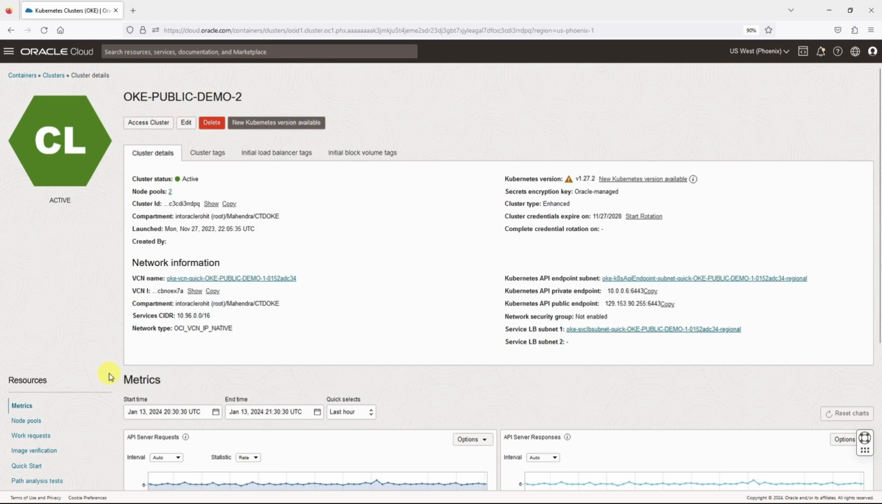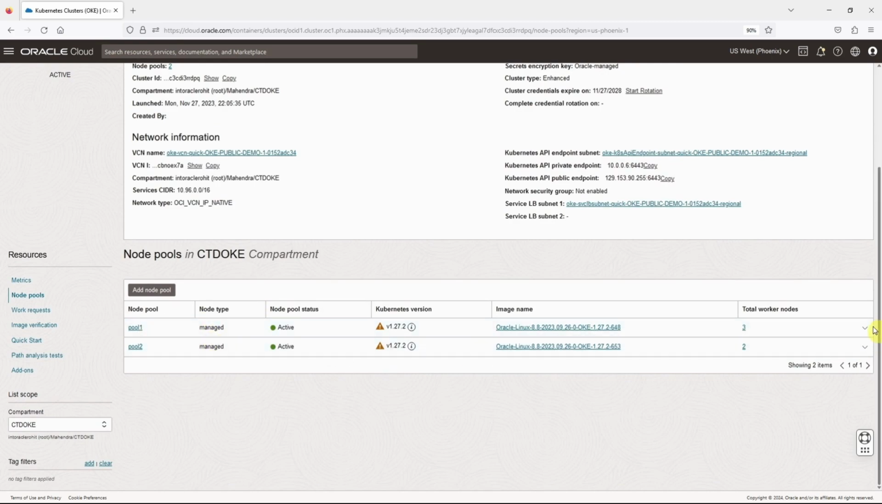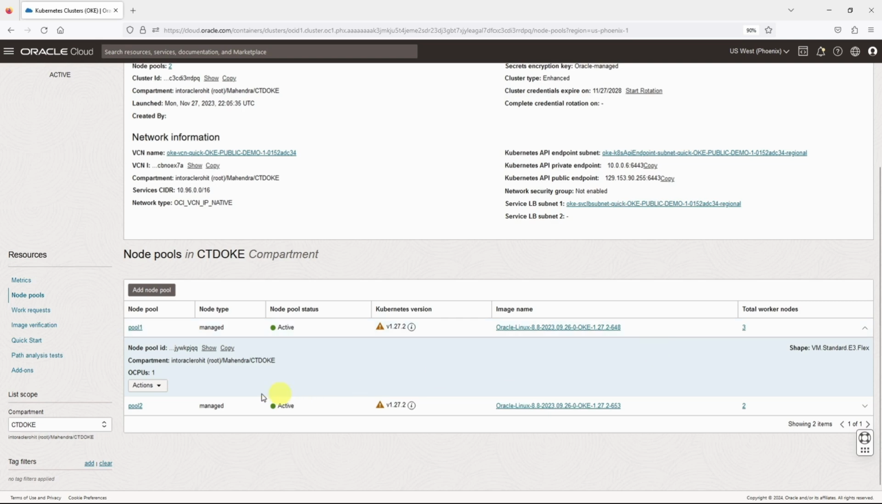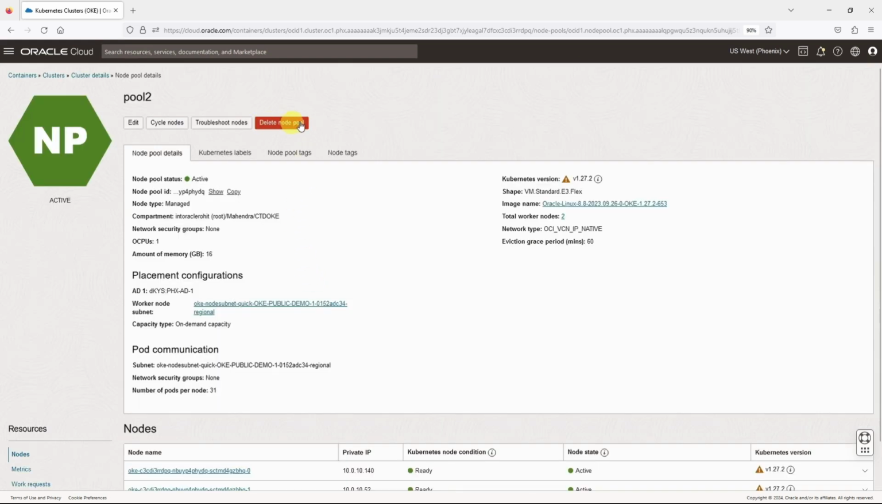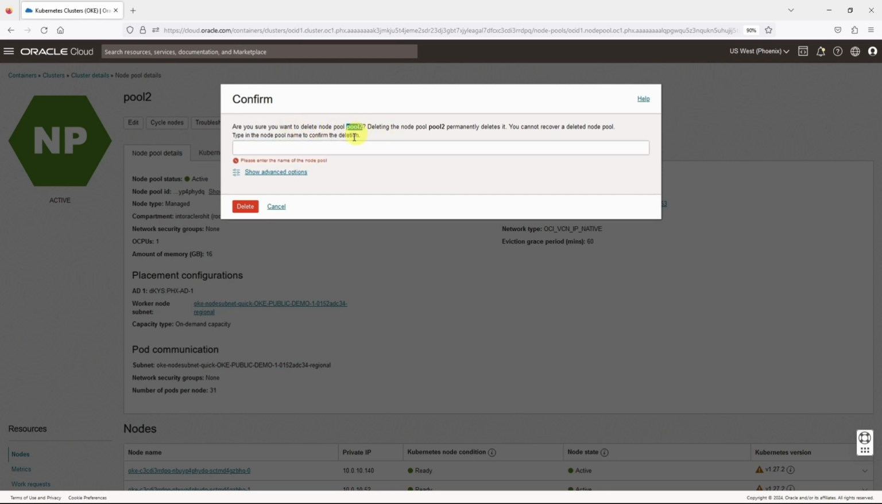To delete a node pool from your Kubernetes cluster, click on the node pools in your resources section. And from the list of the node pools, click on this drop-down button. Go to the Actions menu and click on Delete Node Pool to delete the pool. Alternatively, click on the node pool's name and select the Delete Node Pool button to delete the pool. Reconfirm the deletion by specifying the pool name